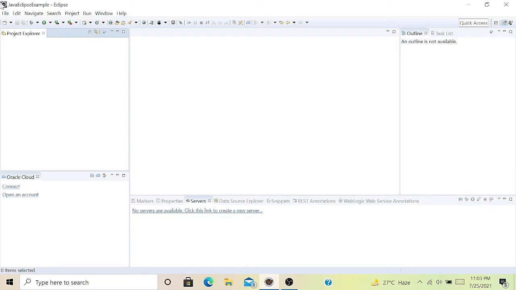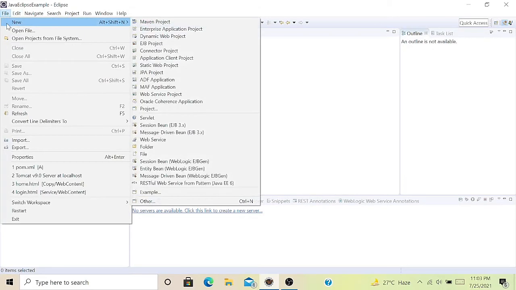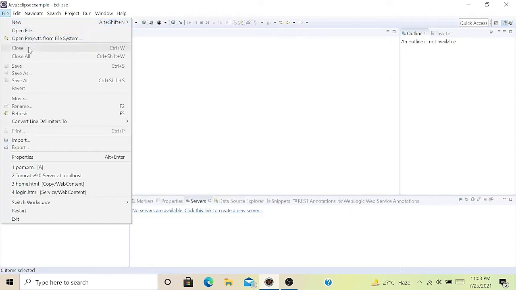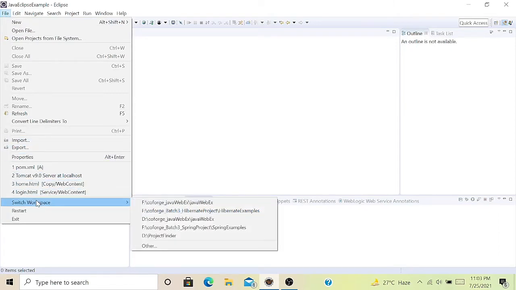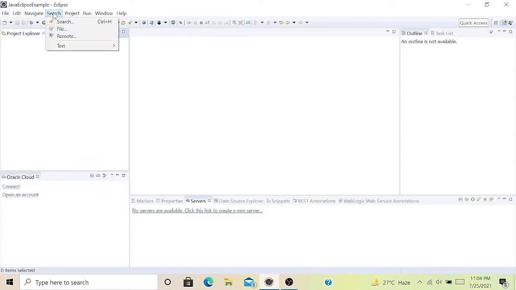And in the topmost area, you can see File, where you can create new projects and open files and many more options like import, export. Also, you can switch your workspace from here, and also restart your Eclipse IDE. Here you can search for your project,